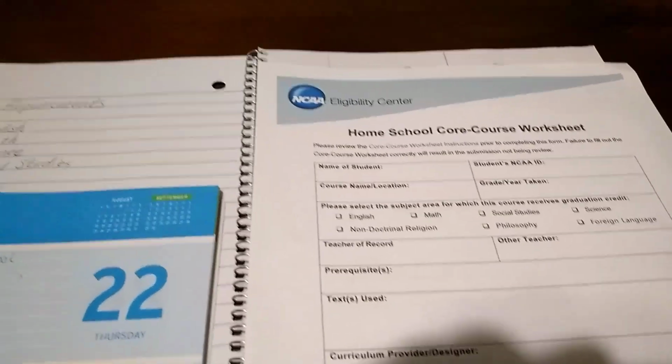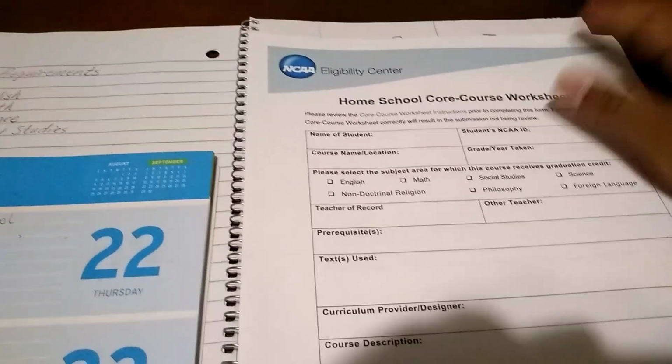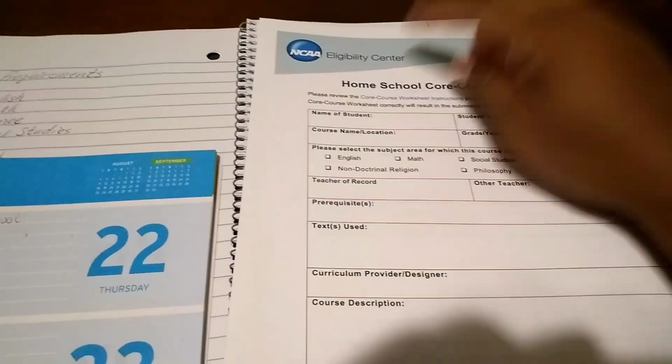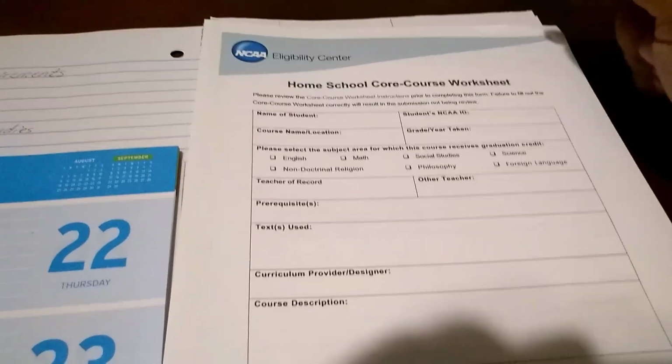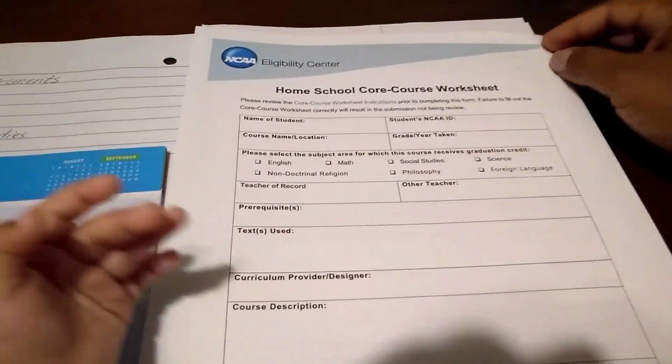Let's see what else I can tell you here. The SATs and ACT tests, I also have to have the College Board and the ACT send them directly to NCAA. They will not accept it, even though it's on the transcripts. They won't accept it like that because it is